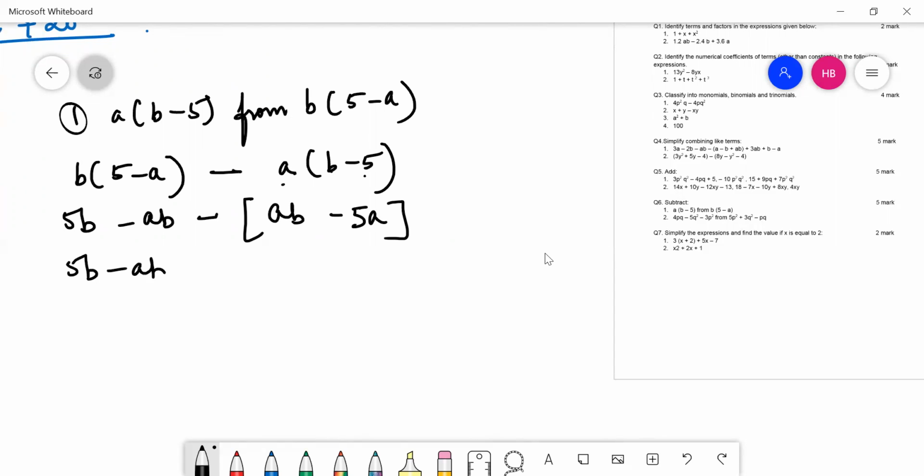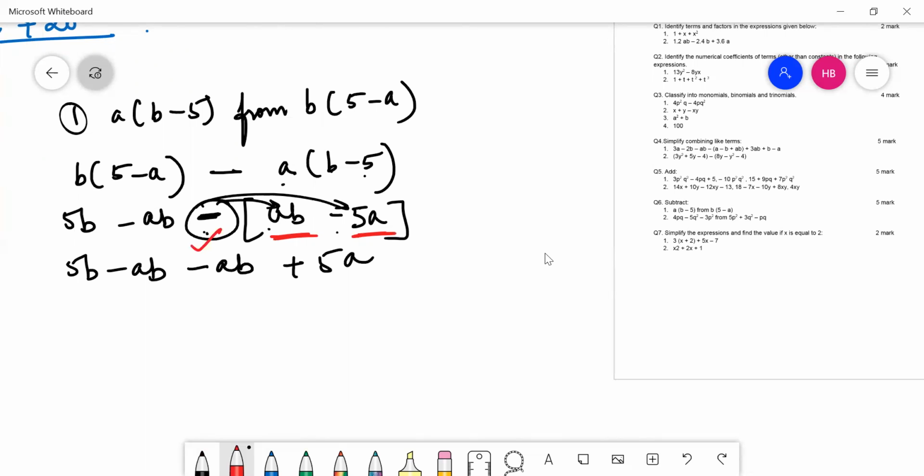Now, when I open this bracket, the minus is outside because this is a minus operator. This minus operator will get multiplied to both the first term and the second term. So minus into plus AB will give me minus AB. Minus into minus will give me plus 5A. Okay, so here the very important thing is to take care of the minus sign. If a minus sign is outside the bracket, you always have to multiply the minus sign with each term